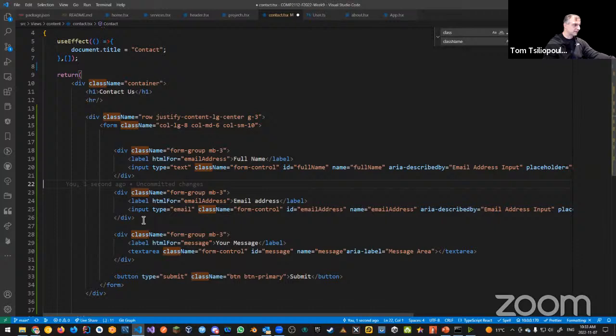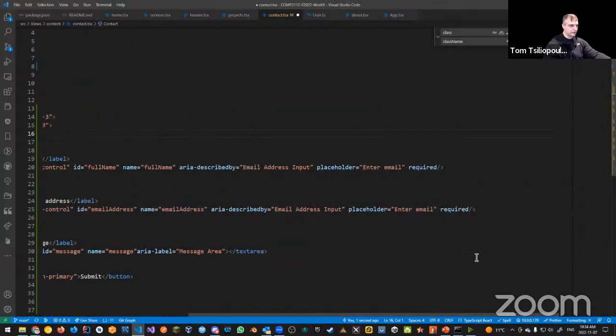So again, it's of type text. And instead of email address, this is going to be full name, right? So that's what it's going to be here. I think I've got everything here. And if we have a placeholder, it should say something like enter your full name, enter your email address. So something like that. And then full name